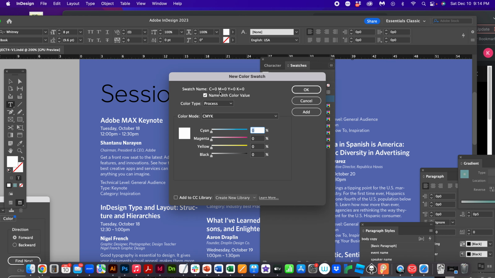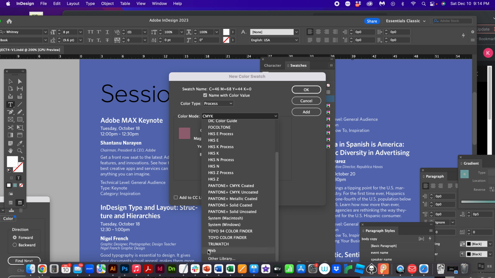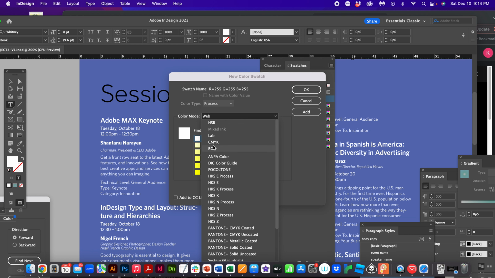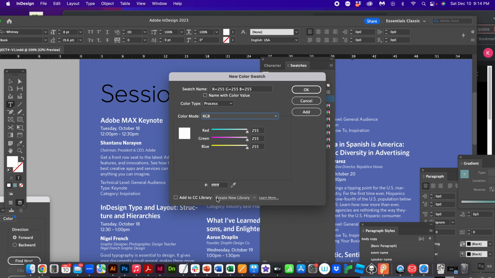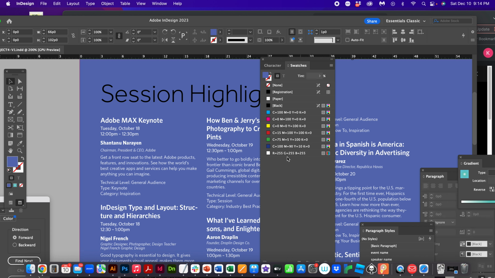So you can add color swatches here the exact same way that you added them in Illustrator, right? In this case, it's CMYK. If I go to web, I can do web colors. Let me see. You can do RGB. If you do RGB, there's the hex code. There's the 6-digit code. All right. So you can add colors here and then apply them here